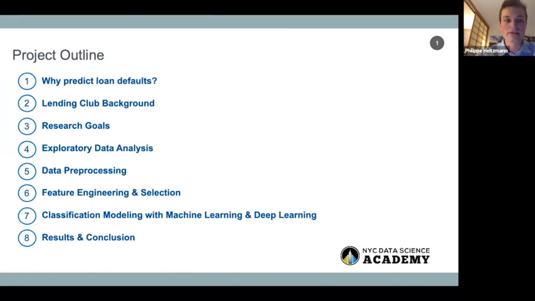Number 3, walking you guys through the research goals, what we're trying to predict, and what are some of the visualizations and ways we would want to be displaying the data behind that, taking a full stack approach, not only doing a lot of machine learning and data science, but also trying to actually create useful tools for users to leverage in order to use those predictions in whatever settings they might be interested in. And then 4 to 8 are the usual data science processes that, if you join the bootcamp, or if you have any experience in data science, you will know about.